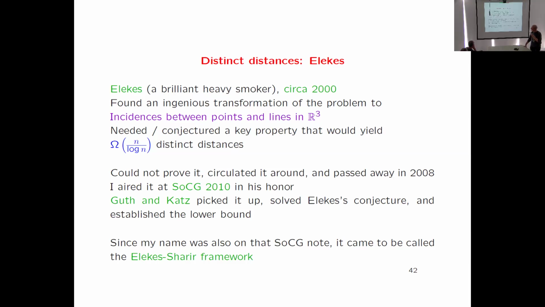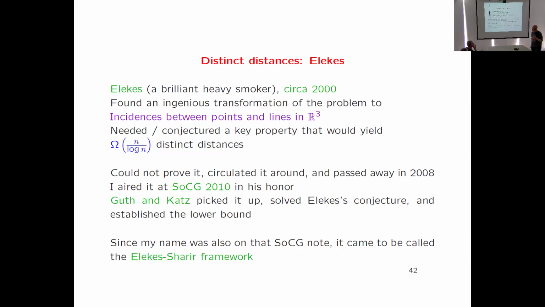Notice it is not exactly Erdős's n over root log n, but considering all the effort that has gone into the problem before this happened, it is, and it's still not, this small gap between upper and lower bound is still unresolved, but everybody thinks of the problem as completely solved. So he passed away because of heavy smoking, fairly young. And then